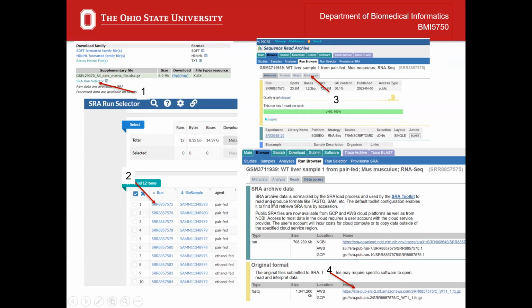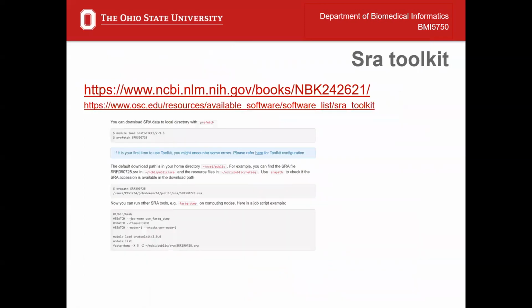It's a process to click through each one of these. So if the study has a lot of samples, I don't suggest using this click-through download method from the website. An easier, but possibly harder to run, method would be to use OSC, the Ohio Supercomputer. They have stored as a module the SRA toolkit. This is a screenshot from the OSC website